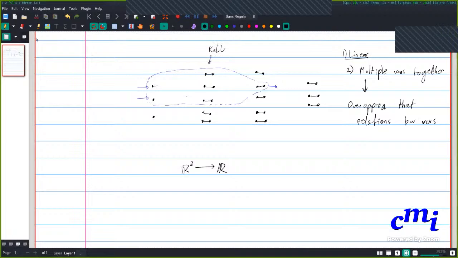And of course there are your linear edges like this, and all of that, right? Similarly, you'll have edges like this.